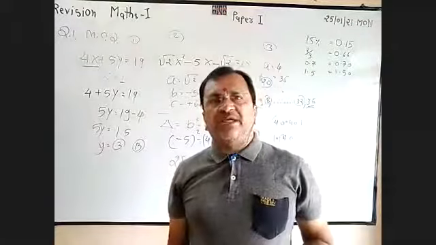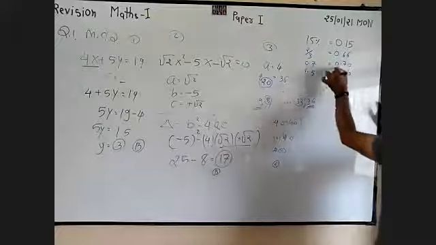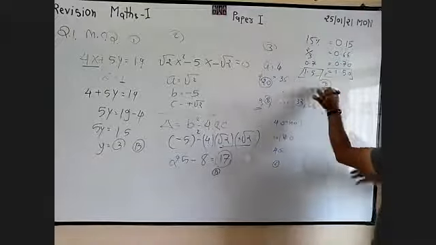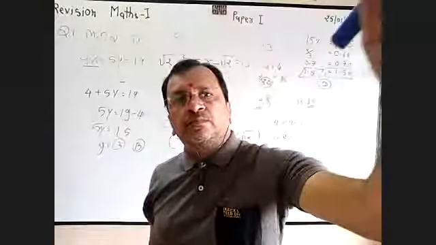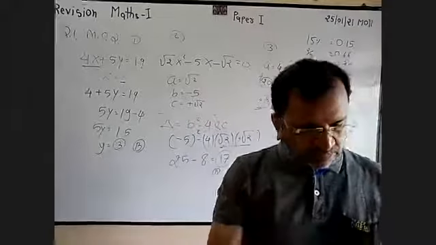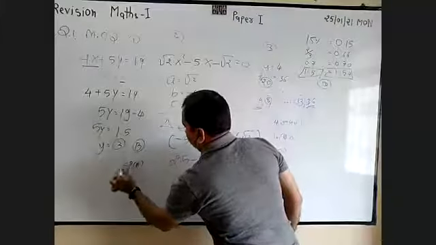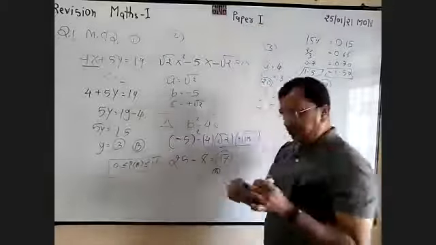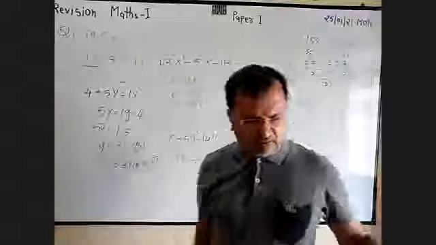Follow? Probability cannot be more than 1. So this is not the probability, not more than 1, sorry. So D is the answer. Always probability of A is in between 0 to 1. It can be 0, it can be 1, in between 0 to 1, but not less than 0, not more than 1.